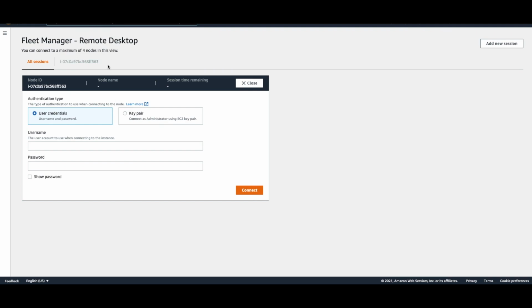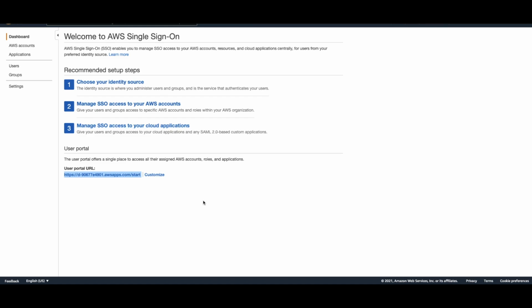So what AWS has done now is you can integrate this SSM and AWS SSO, and you don't need your credential or key pair to log in. It will be just a single button click where it will let you sign in or log into your EC2 Windows instance. So AWS SSO is a single sign-on where you can define your own